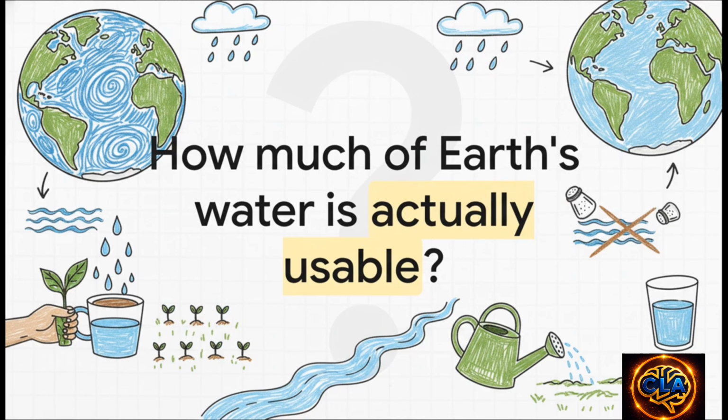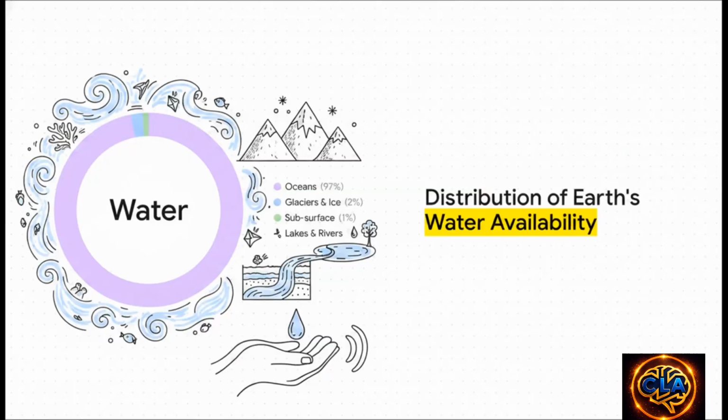We love to call Earth the blue planet, right? But consider this for a second. How much of Earth's water is actually usable for life on land? We're surrounded by these vast oceans, but how much can terrestrial life actually drink? The answer is almost terrifyingly small. A whopping